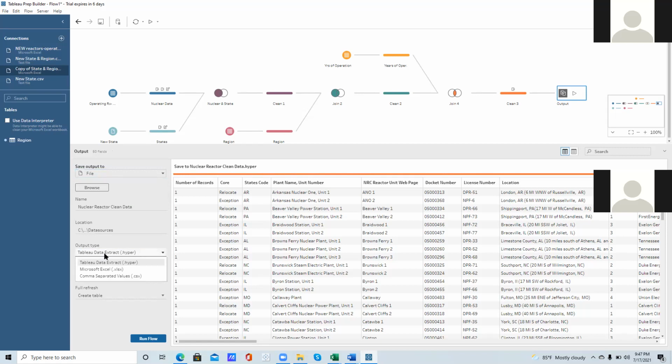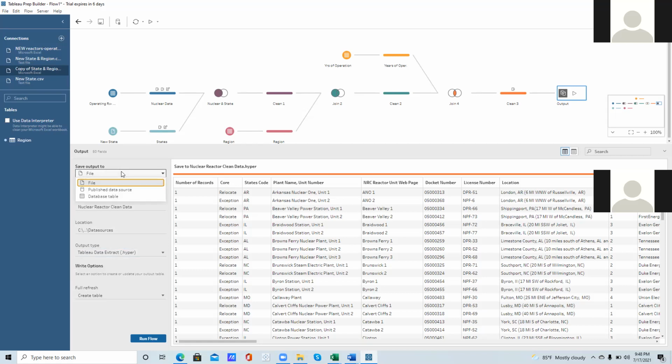Do you get it? Yes. You can save it as hyper. So if you want to save it as a Tableau format data type, it is hyper, either on your local machine, on your shared drive, or on your Tableau server. In some cases, you can also write your data to your database. If you are using Tableau Prep as an ETL tool to integrate data, you can write this to your database, as in your Microsoft database or Oracle, for example. Go back to your save to file,